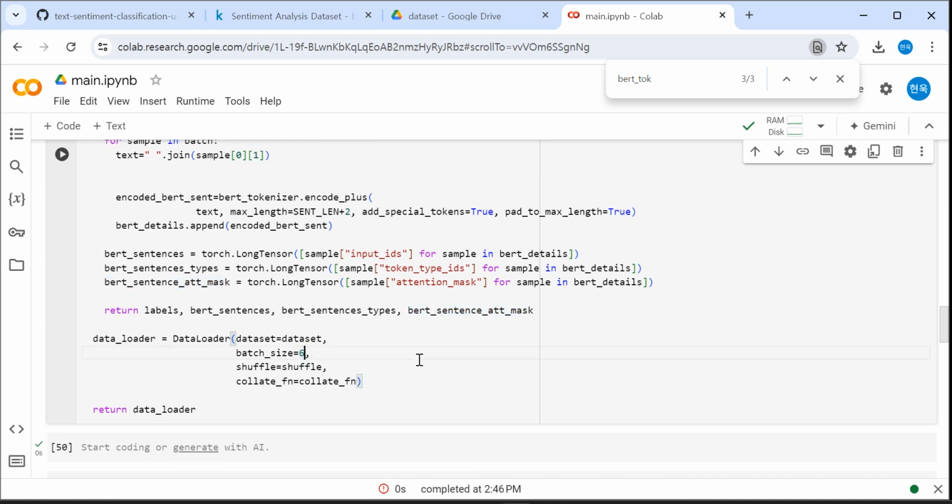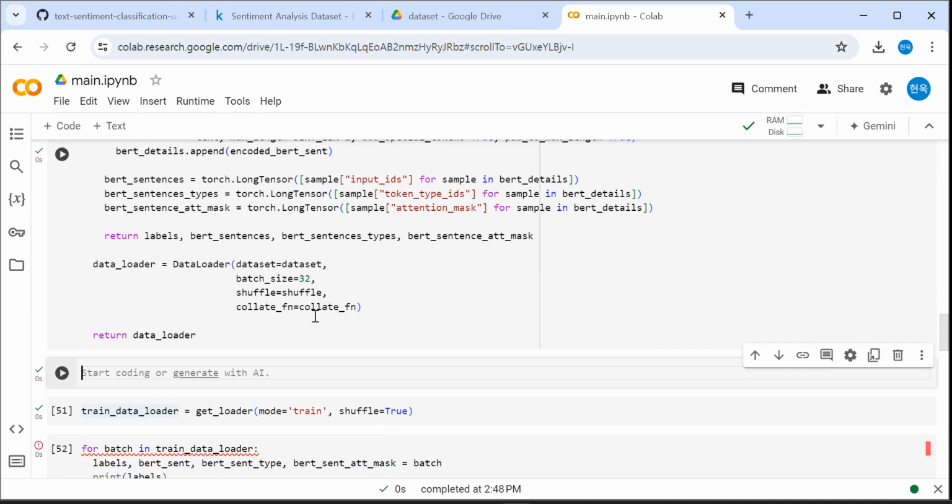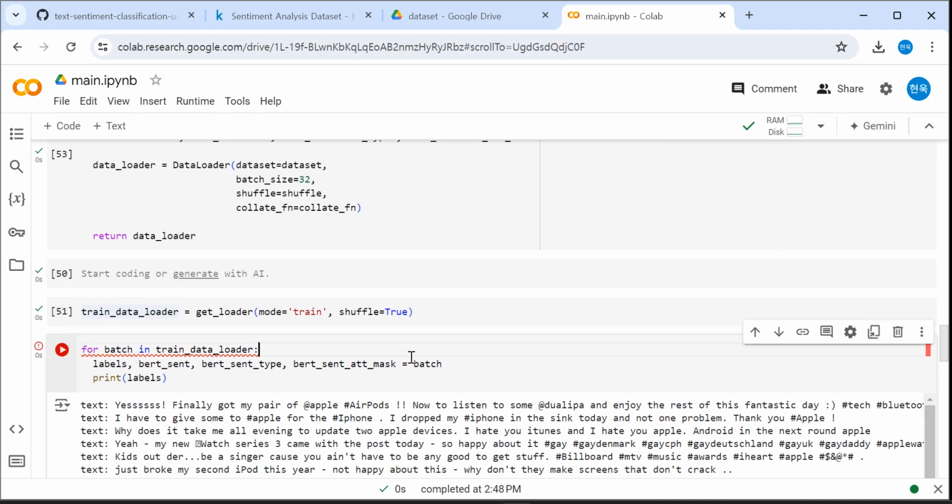If we set it to 32, then it's going to give us 32 samples per every batch. Actually, let me repeat that. For every batch, it's going to give us 32 samples. So run again, and if we type labels.shape,